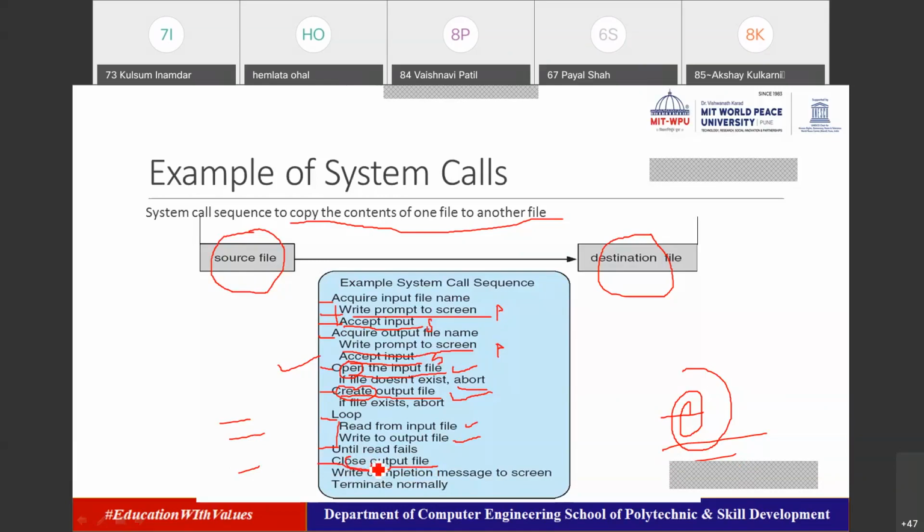close the output file. And the last is write completion message to the screen, terminate normally. Right? Your copy is complete, so give a message on the screen, and in the end your program also ends normally, terminates, as we normally see it, right? When you hit the enter key, it goes back to your normal program. So this is what overall